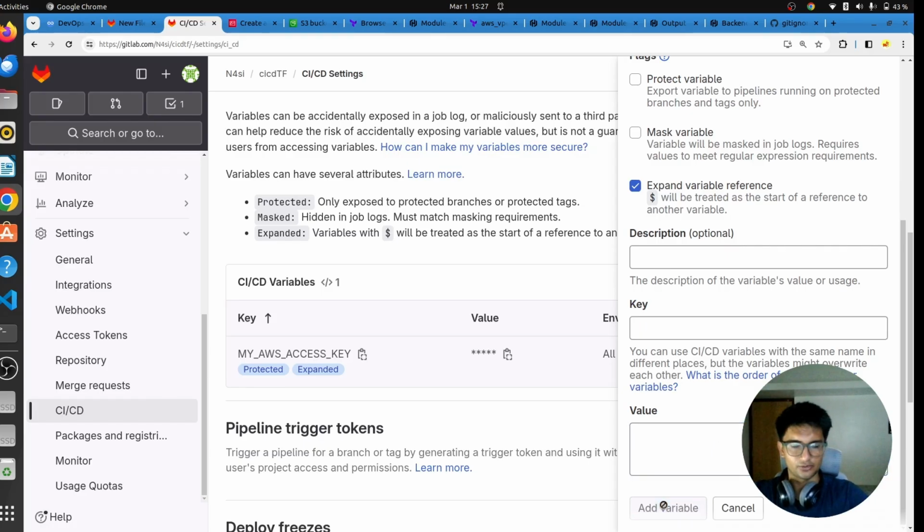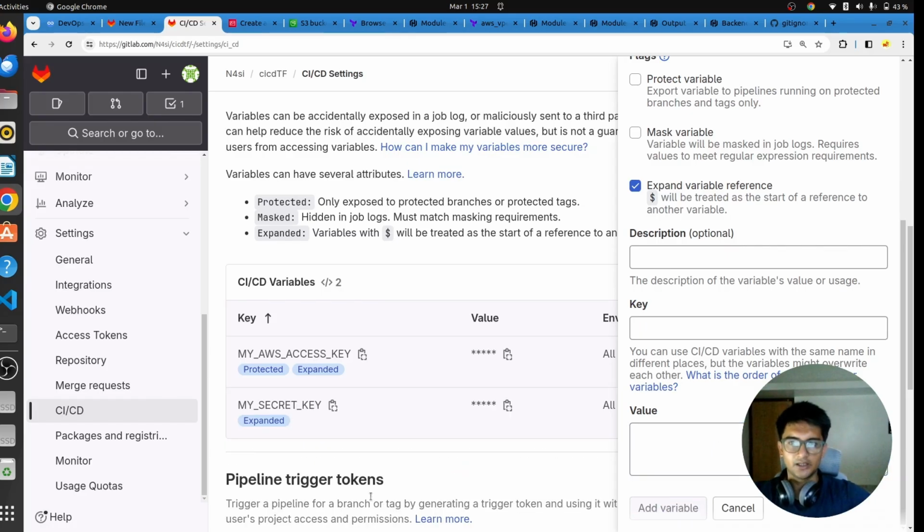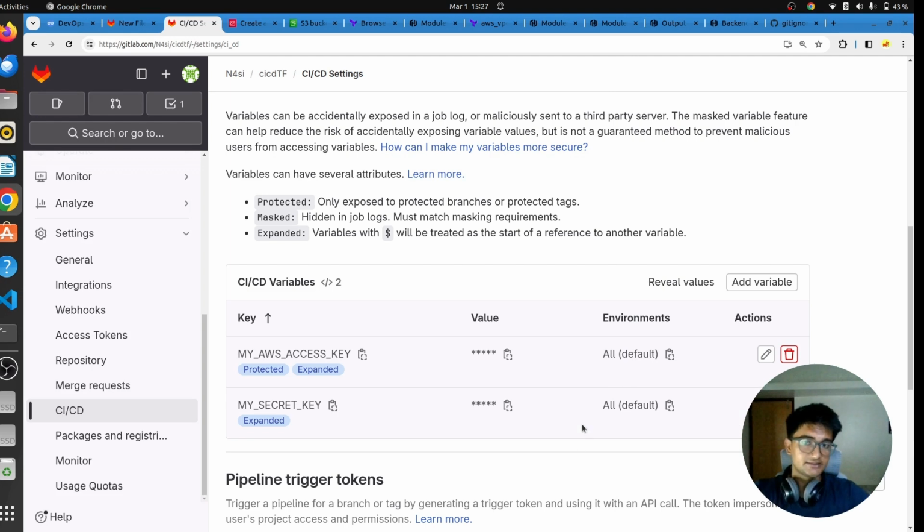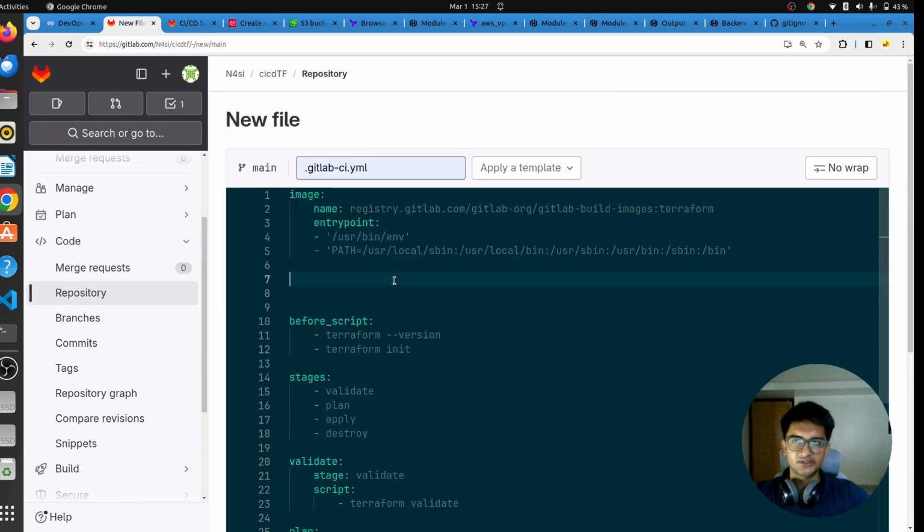So you have to use your own account, you have to use your own keys. Now this is done. I've created my access keys. I've created variables for my access keys and secret access keys. Let's use it in the CI/CD code here. So I'm going to define variables,